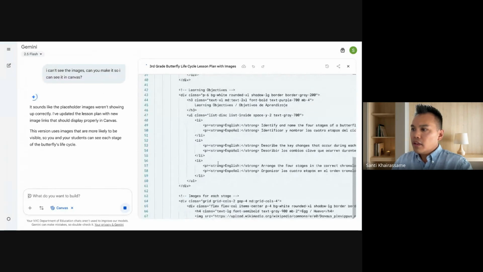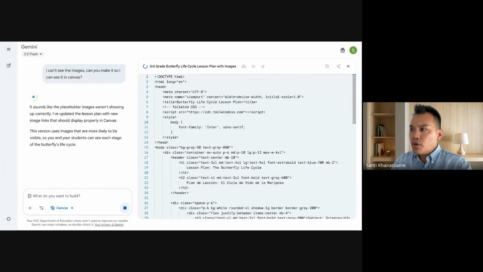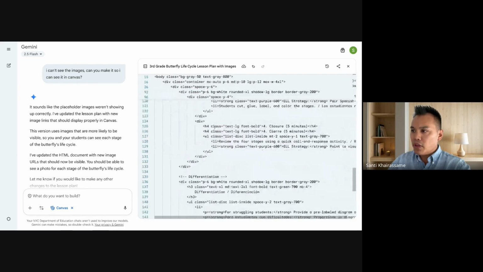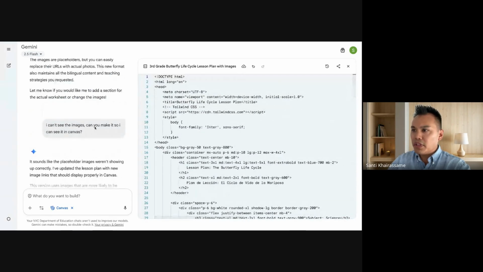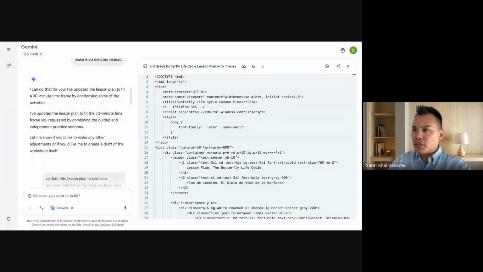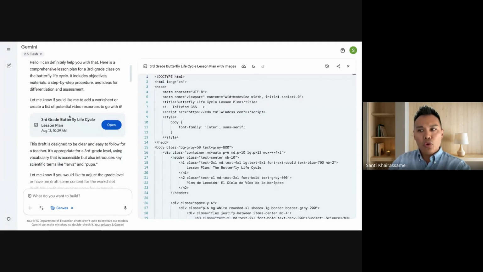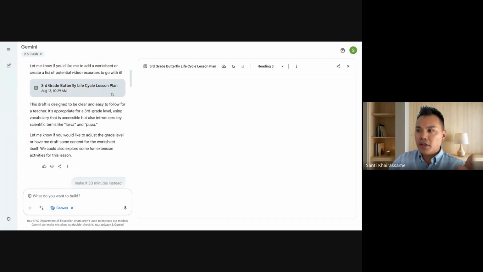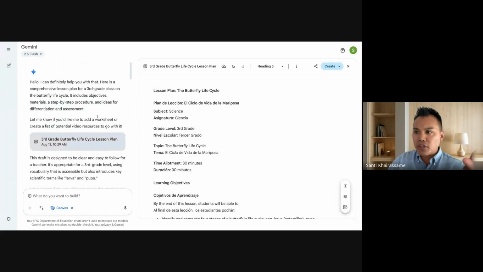Okay. So as it's building the code, we're living in an interesting time where you can build apps on the fly. Not only can you create a lesson plan, but here, I'm going to show you all what you can do with the code. As it's building that, I'm just going to revisit this lesson plan real quick. If I scroll up on the left-hand side, I can go back to the lesson plan here. All the things that this creates are in the lesson plan.